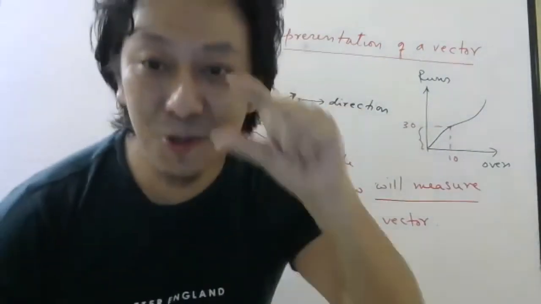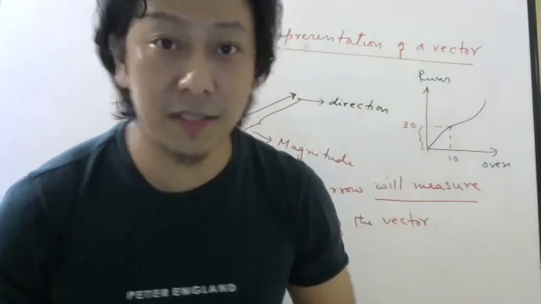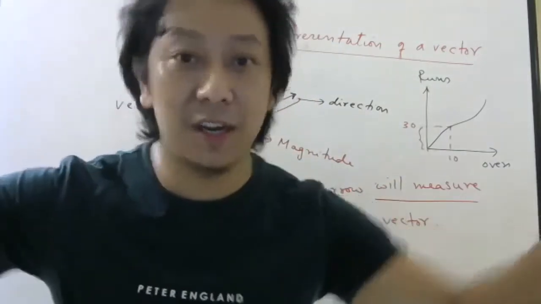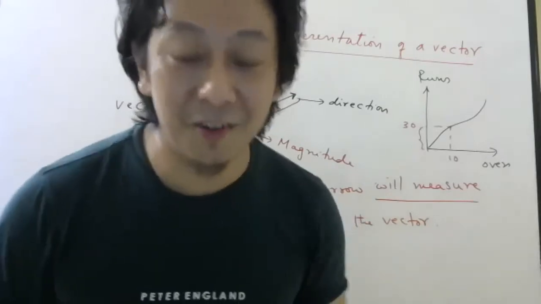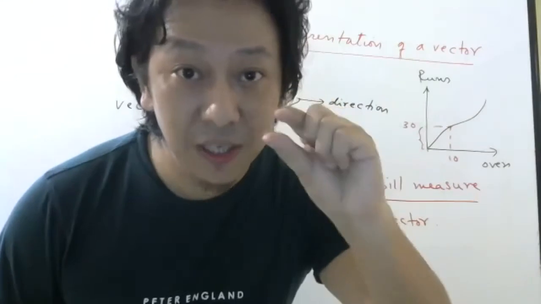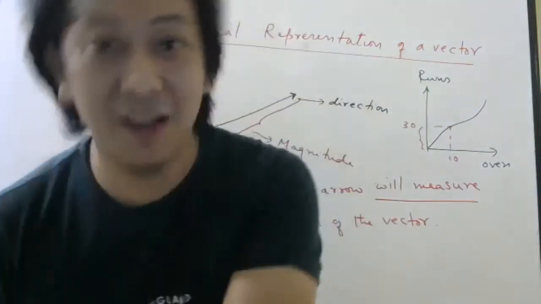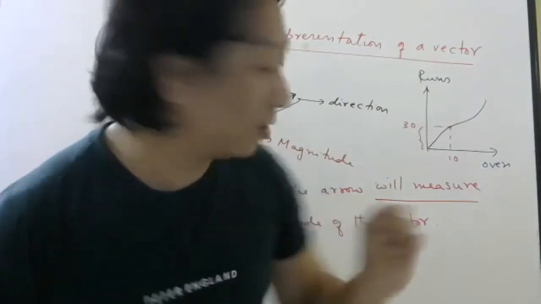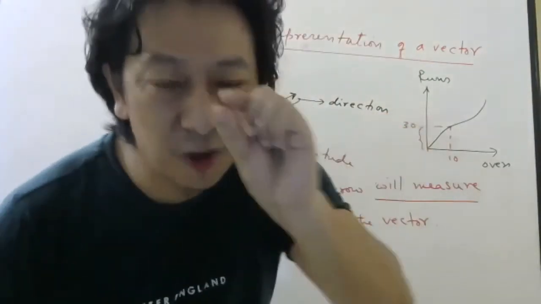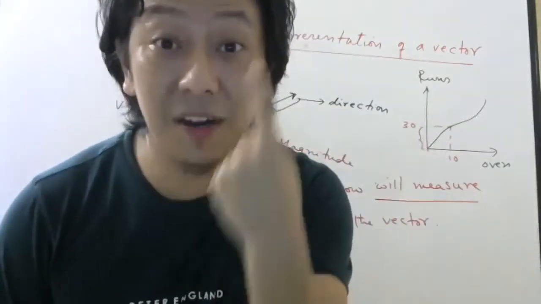30 is used to represent 30 runs, not 30 meters. Nobody says how many runs Virat Kohli scored, like "Today he scored 100-meter runs." We don't say 100 meters, no. So we use 1 unit of length to represent 1 unit of the quantity. Understanding? If there is 1 unit, you divide it into 30 parts. So one small part, 1 unit of the length, will represent 1 run.